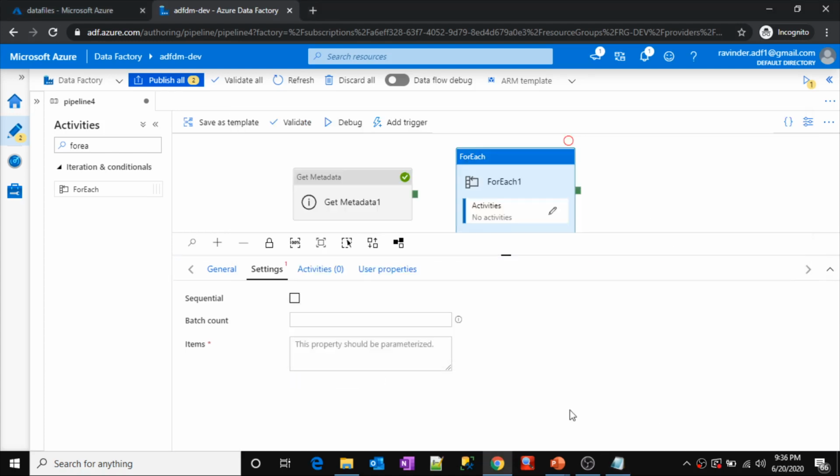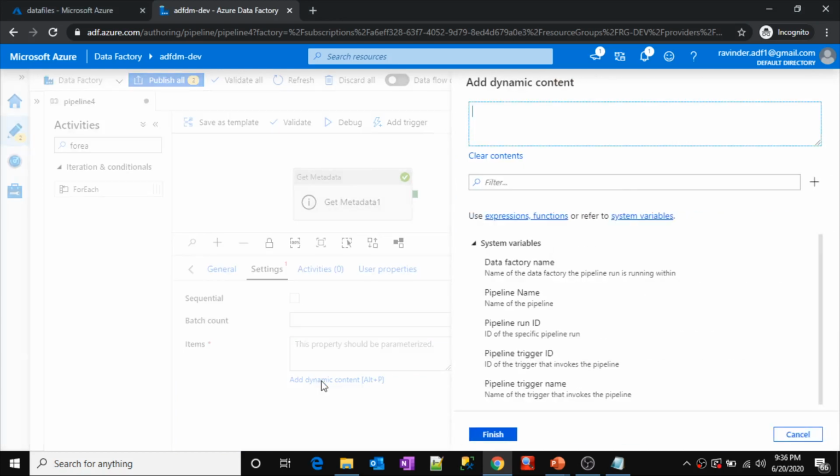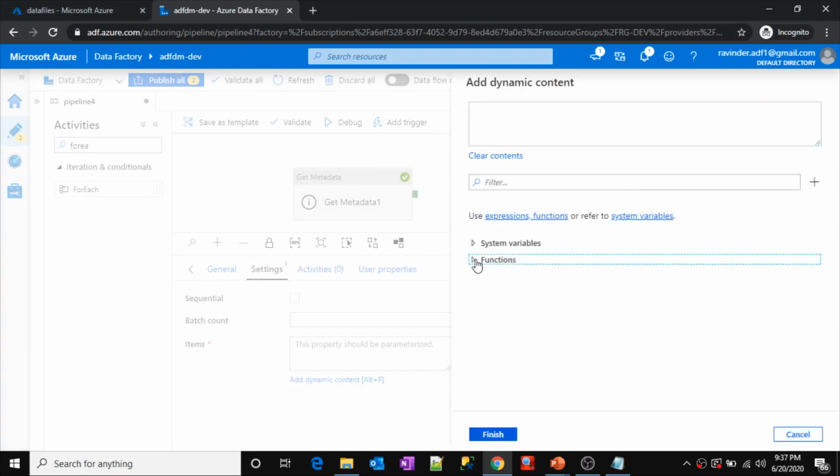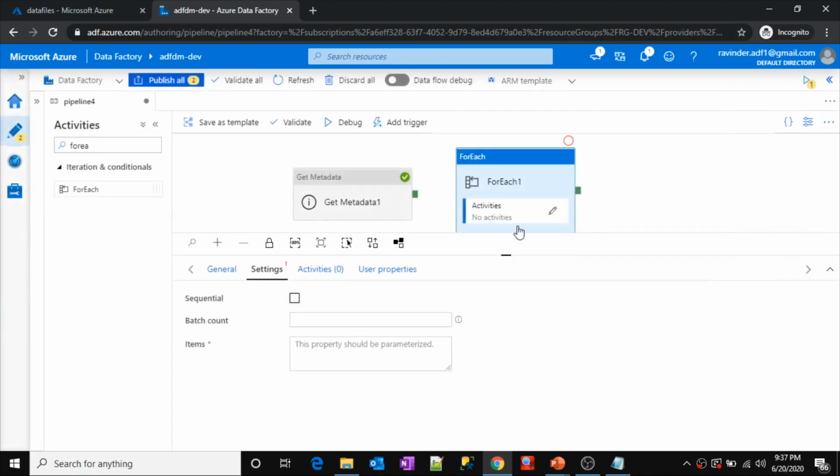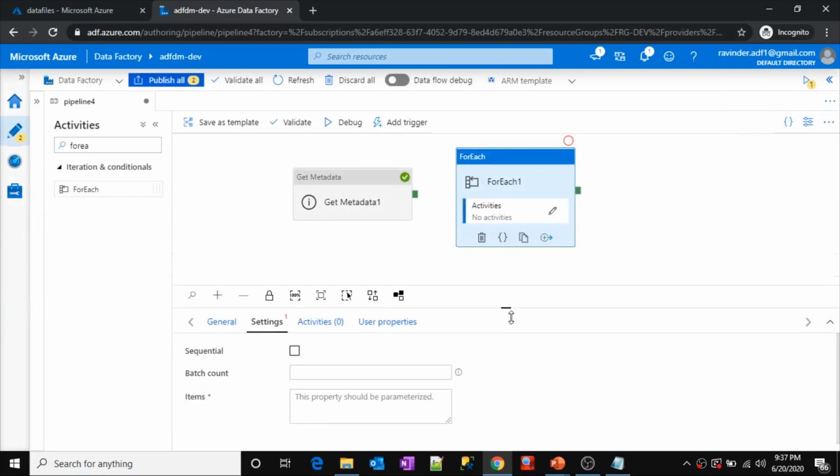To use that, click add dynamic content, and minimize system variables and functions. You can see there is nothing like activity outputs listed here. The reason is that the for each activity is not connected with any activity.